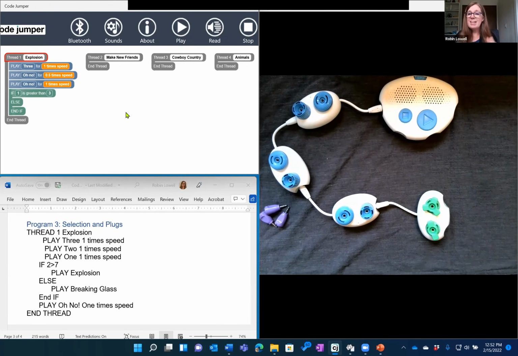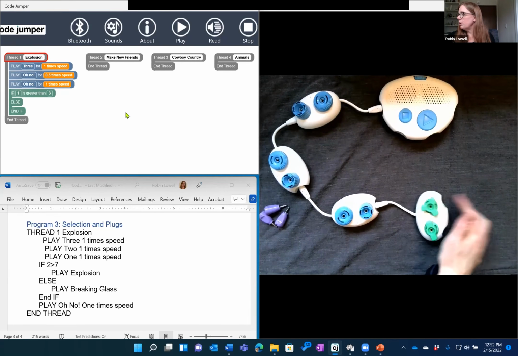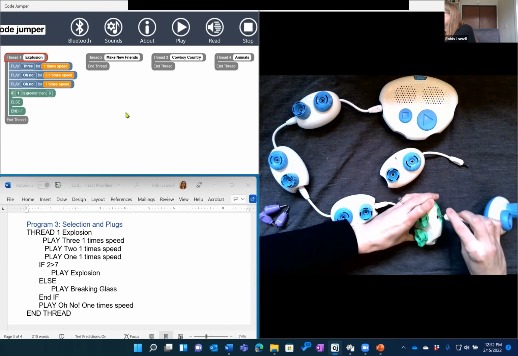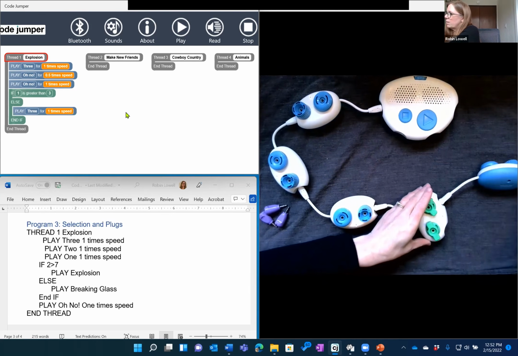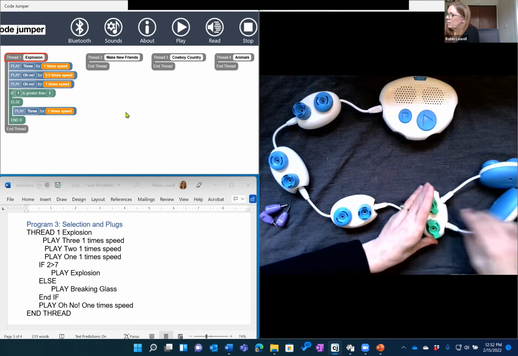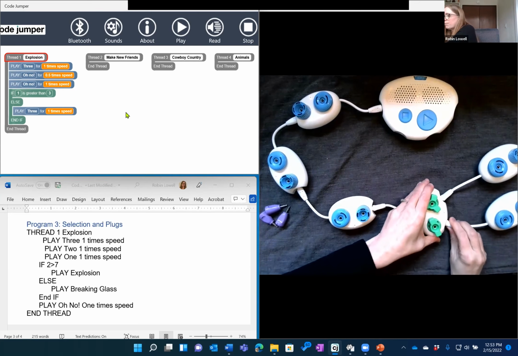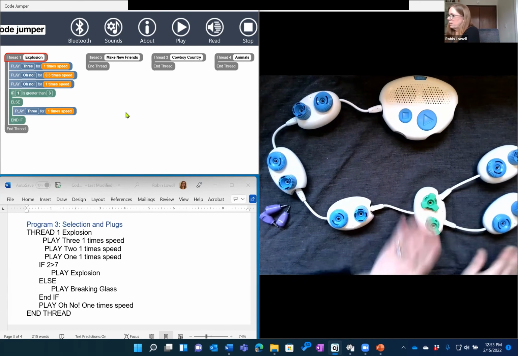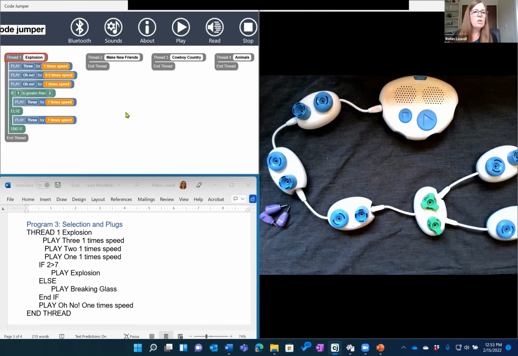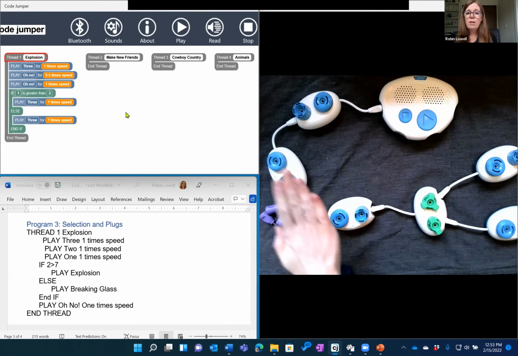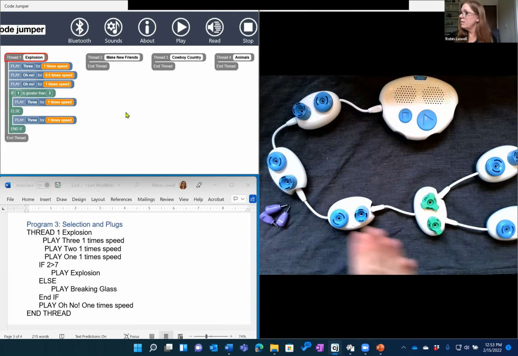Now you see on the selection pod, there's 2 little plugs coming out of it. So we're going to take those 2 other play pods and plug them right into our selection pod. So what you should have now is, there we go. From the hub, 1, 2, 3 play pods, selection pod, and from the selection pod,